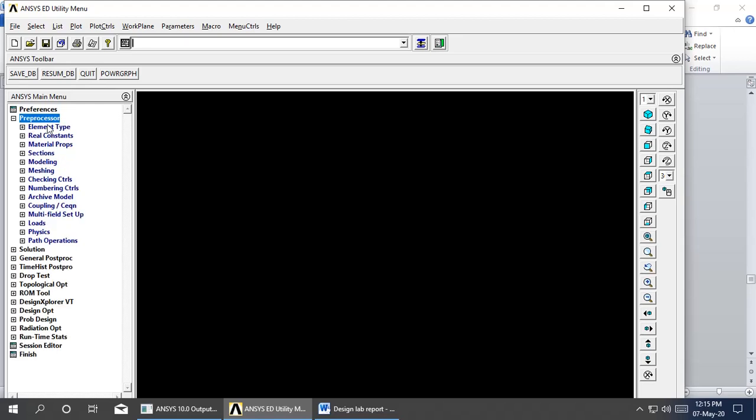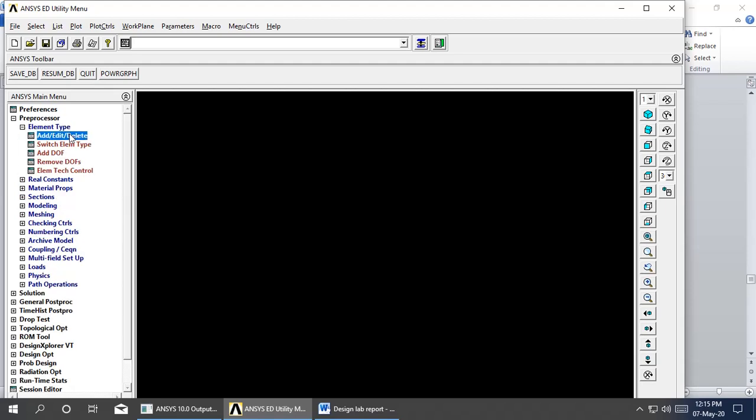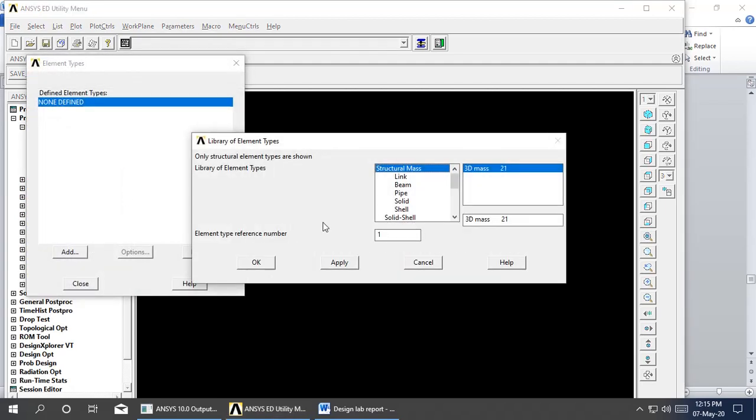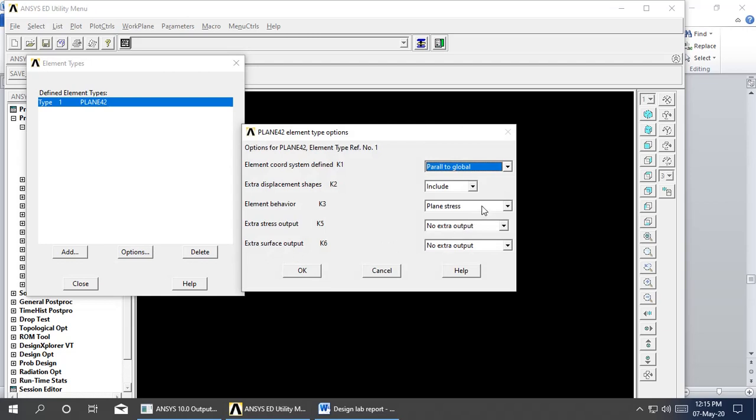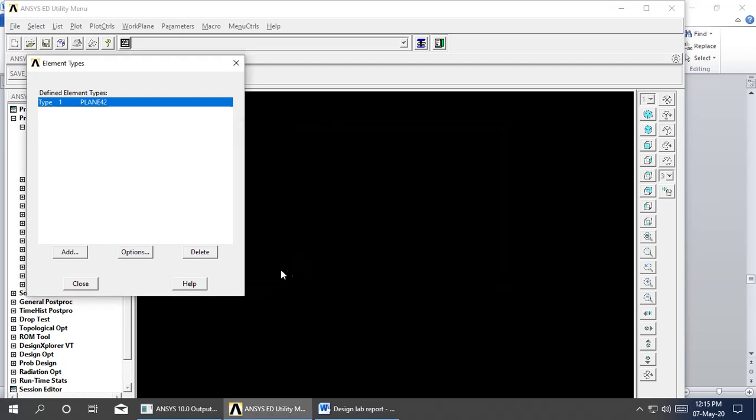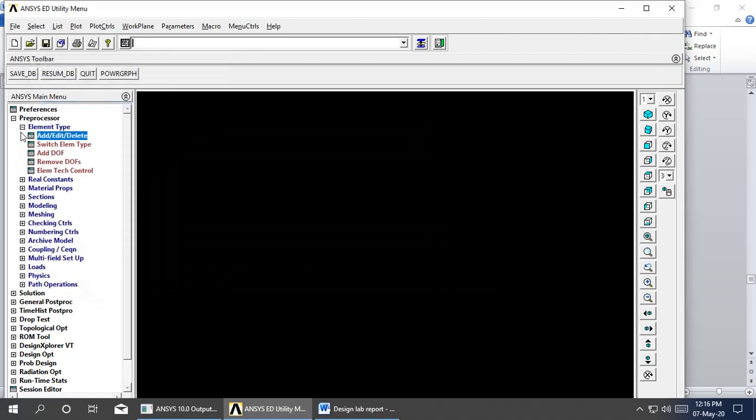In the pre-processor, first create the element type, add, go for the solid, quad 4 node 42. Then go for the options and select plane strain. So the element type is created.